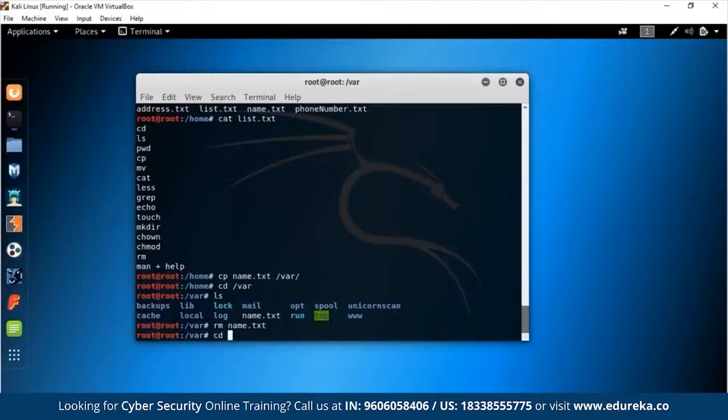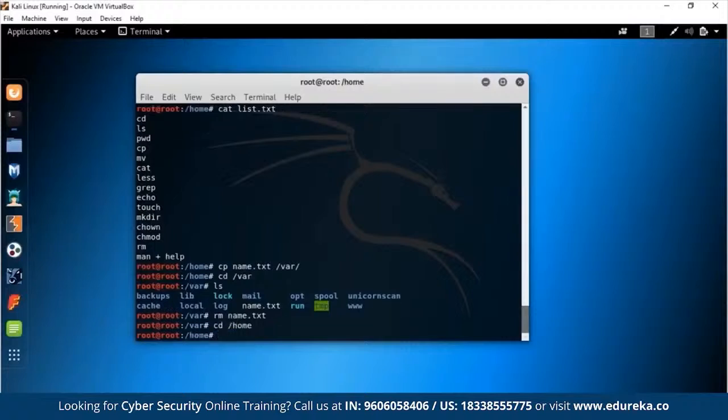So let's go back to home. Now, instead of the name of the file and moving back to home just like I did, you can type out the complete name of the file out here. So you could have gone cp /home/name.txt and copy it to /var. But this time what we're going to do is we're going to use the -v, which is basically used for a verbose output of whatever you're doing. So most of the commands that we're going to be using will have a -v with them.